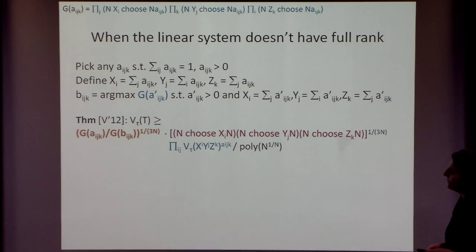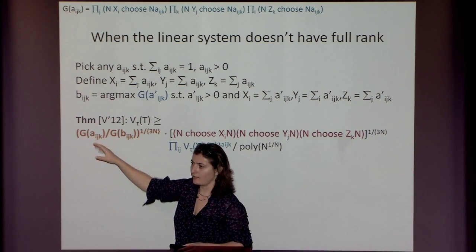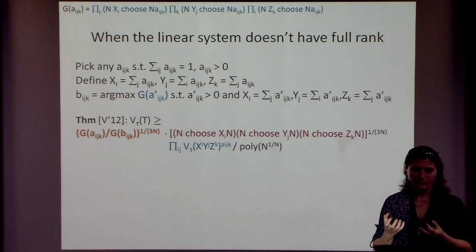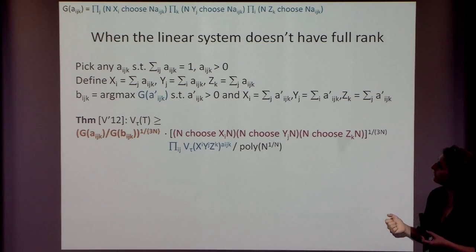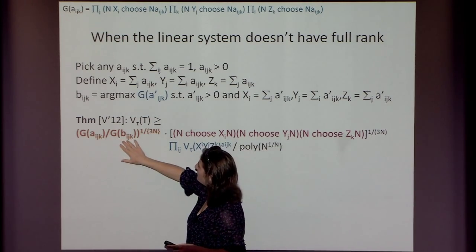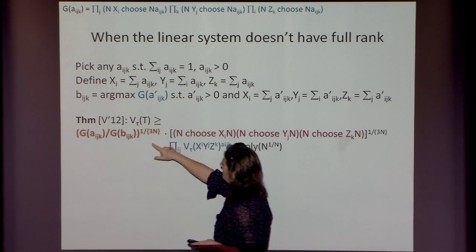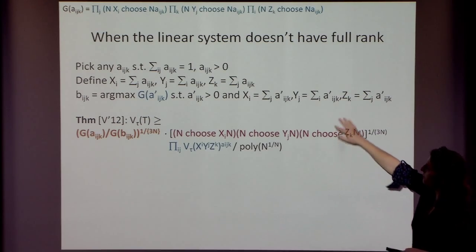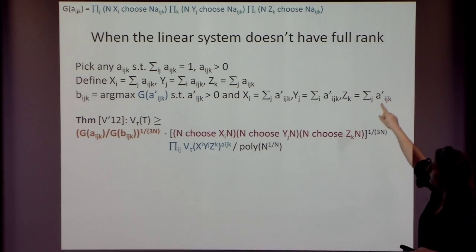And what's bizarre is this g of aijk is the loss we incurred by zeroing out. This is the fraction of triples that disappeared. And so you get this ratio over here. But in order to compute this ratio, you have to solve this thing. So you have these constraints up here. The top two are the ones we had before. They're linear constraints in the linear system. But the last one